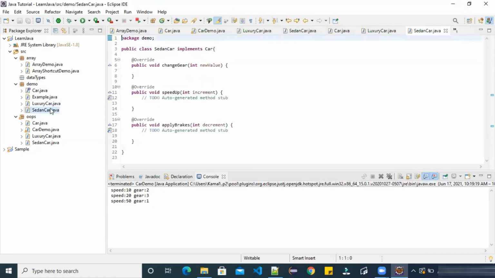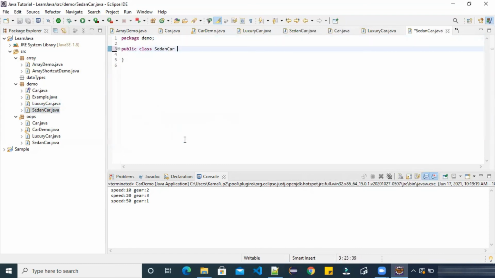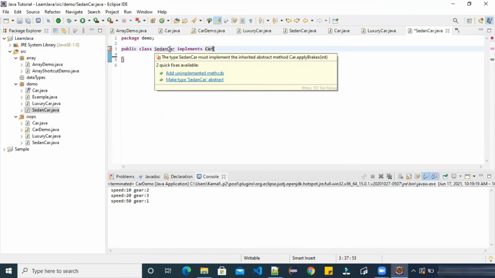Sedan car. Let me remove this, and let's take a class sedan car and implements car, right? As soon as I finish typing the car interface, it will show me a compile time error. We don't have to execute the javac command again and again.